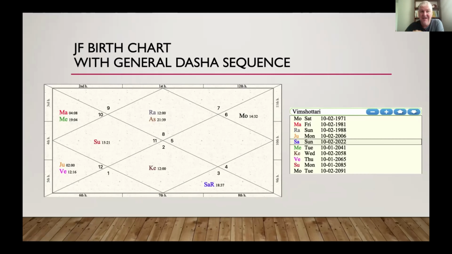I also know that Mars being with Mercury in here, Mercury has a very special relationship with Saturn in my case because Mercury is in the rashi of Saturn and Saturn is in the rashi of Mercury. So automatically they have a virtual exchange that happens. So I know that Mars is really impacted by Saturn in my case. All right, so that's one hit, but quite a big one.